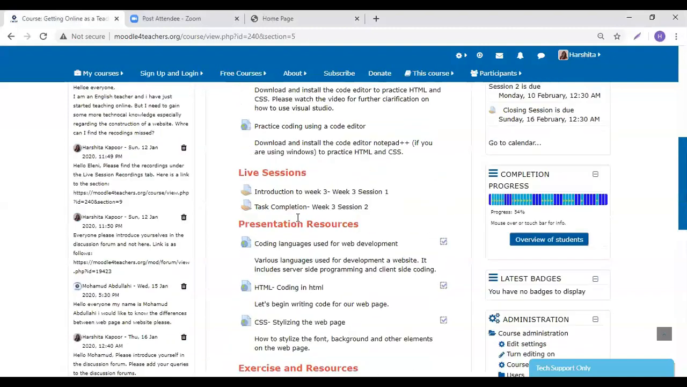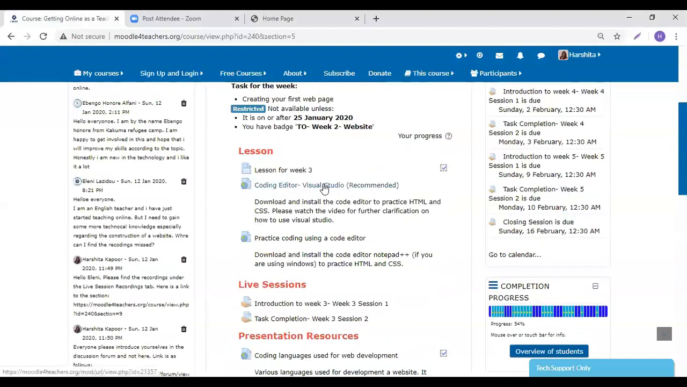Which one did you use to write the code? Sorry. You said that we had to use a notepad or something, Visual Studio? Visual Studio Code Editor. Oh, okay. So I have specified that link here. You can just go into week 3 and you will see Code Editor Visual Studio. When you click on this,